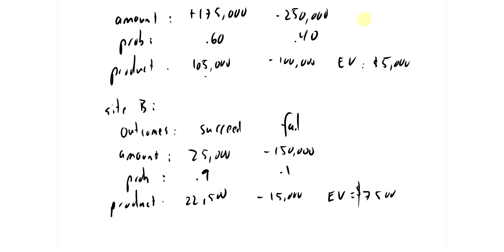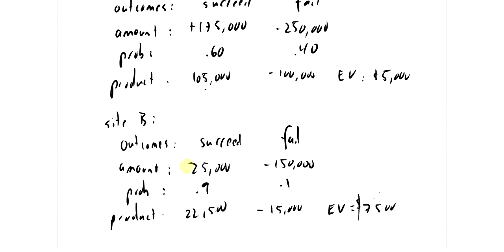Where should you build? If you follow this analysis exactly, it says you should build at site B because the expected value is higher. On the other hand, the amount that you will actually make if you succeed is not very high. It's $25,000. If you succeed at site A, you make $175,000. So the expectation value can help you in your decisions when you're doing business type stuff, but it doesn't determine your decisions, right? If Carol is young and expanding her bakery, maybe she wants to take a risk that she makes that $175,000, even though there's only a 60% chance that she will make it. If she's older, heading towards retirement, maybe she doesn't want to risk losing the $250,000 at site A and will go for the almost sure thing of making just a little bit of money at site B. There's a lot of things that go into that. Expectation value can help you make a decision,